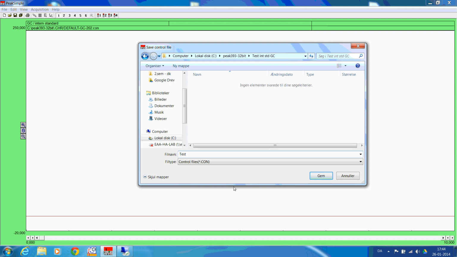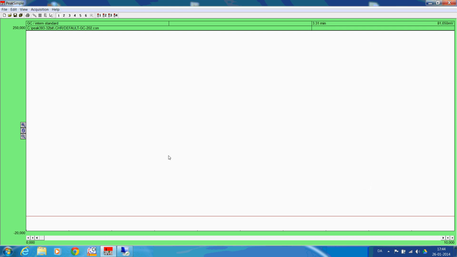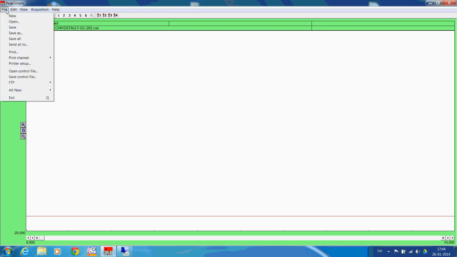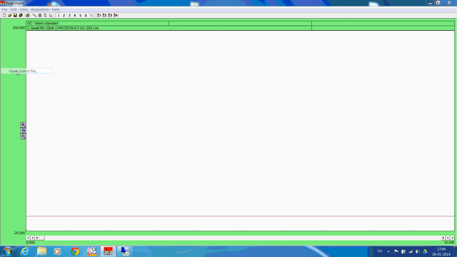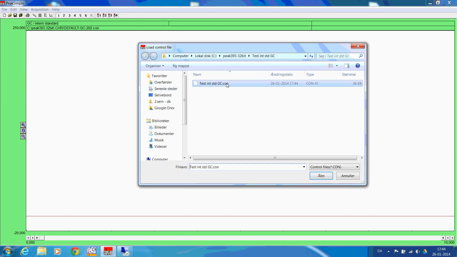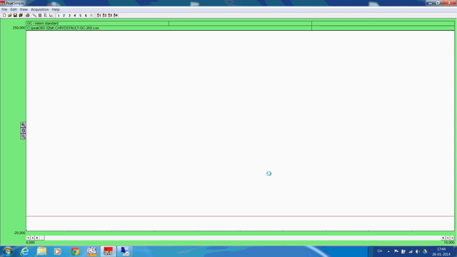Just call it the same. Save, and as you can see we still have the default, so we need to open the control file which is saved. Okay,